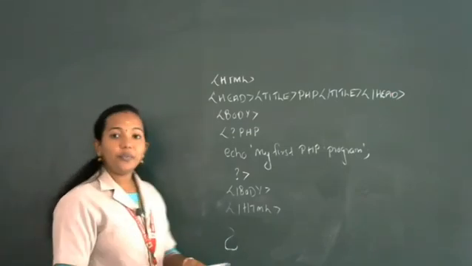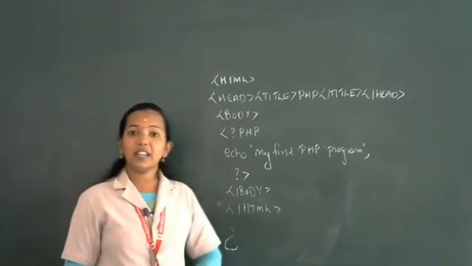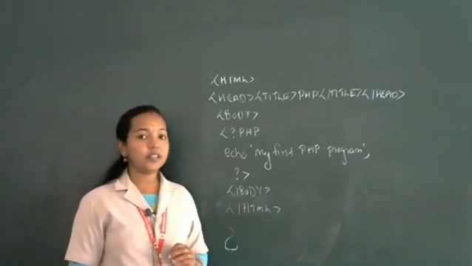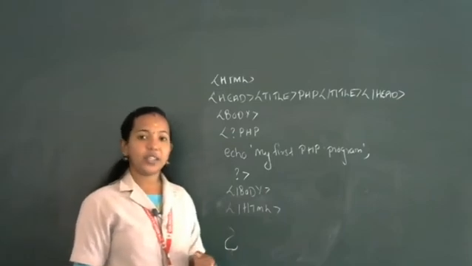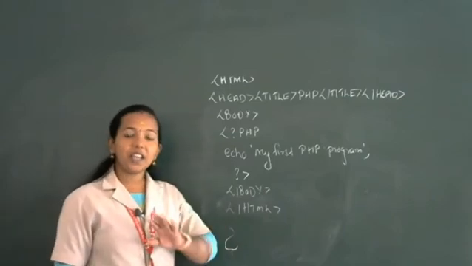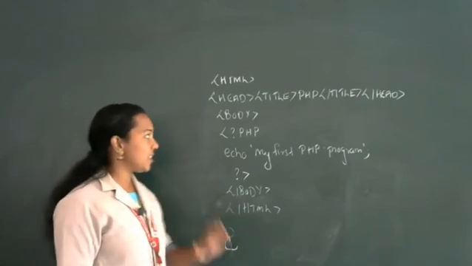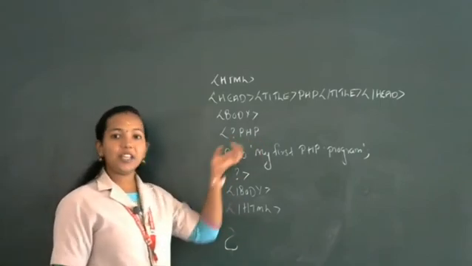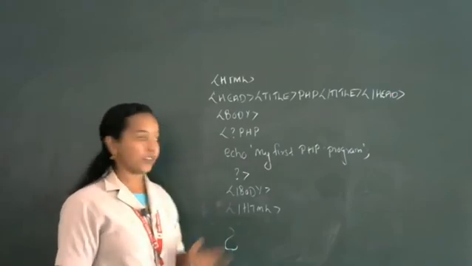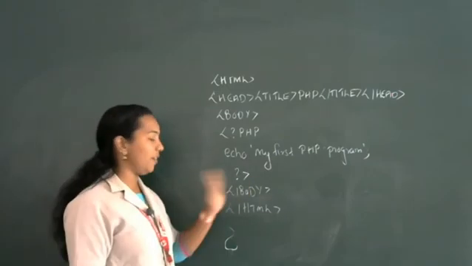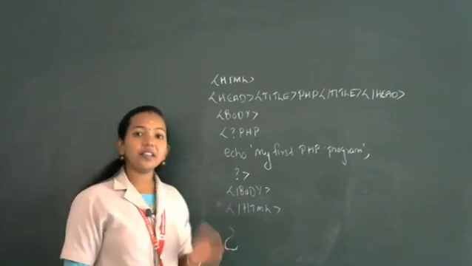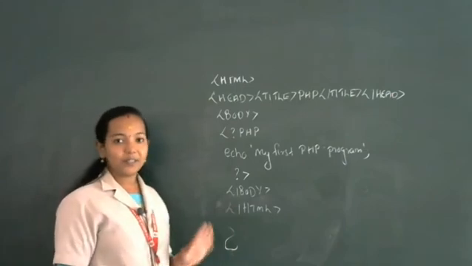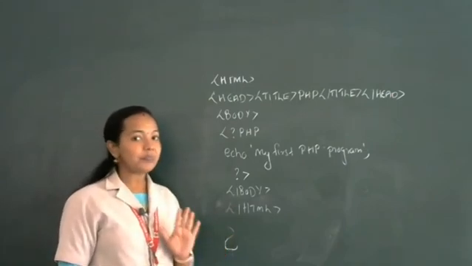When we include scripting languages like JavaScript, you want to include a separate tag called the script tag: script language equal to JavaScript. But in PHP, we are not including a script tag. We are just including the PHP command itself. Question mark PHP means we are beginning the PHP section. Once the PHP section is over, we close it. But for executing this, we need a web server. Okay, the web browser will not execute a PHP program. We need a web server.